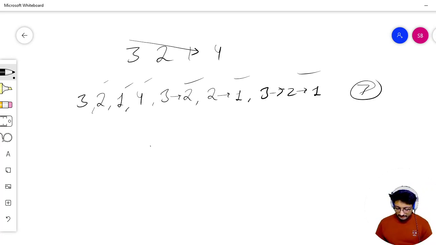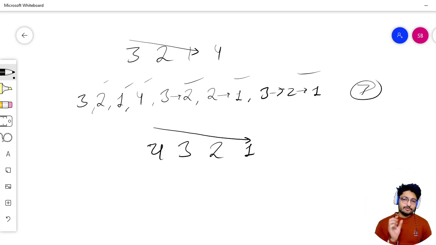Let us take one example, that is 4, 3, 2, 1. How many periods are there? As you can see, it is continuously decreasing. You can easily see that you have to first find the length of the total continuous decreasing run. It is 4, 3, 2, 1, so it is of length 4. Now in a segment of length 4, how many sub segments are there that are decreasing? How can you tell that?